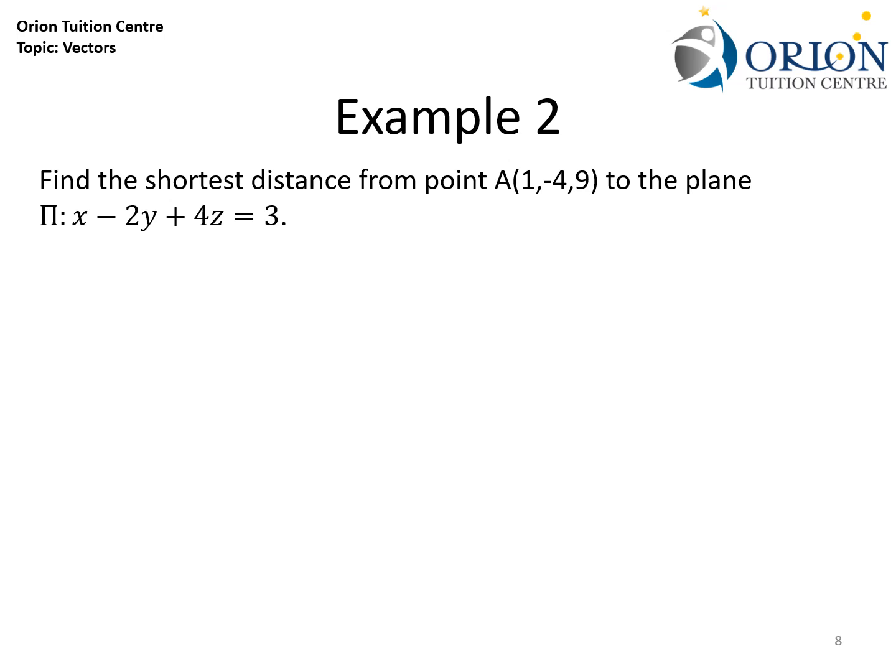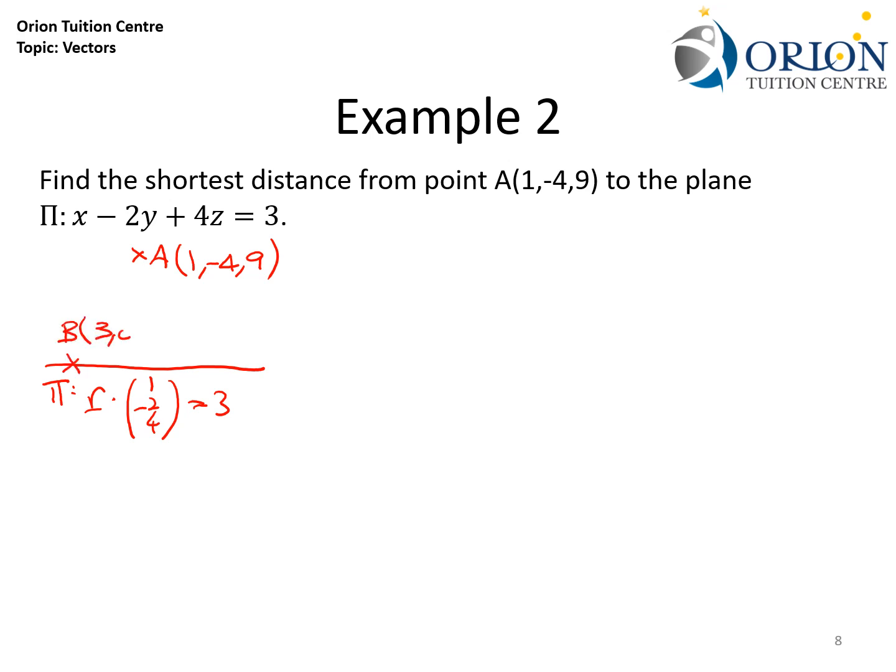So now I have the plane pi such that r dot (1, -2, 4) equals 3, and the point A will be (1, -4, 9). The first thing to do is to find a point on the plane, and I'm going to let this point be (3, 0, 0). Once I have this, I can form vector AB. Vector AB will be equal to (2, 4, -9),